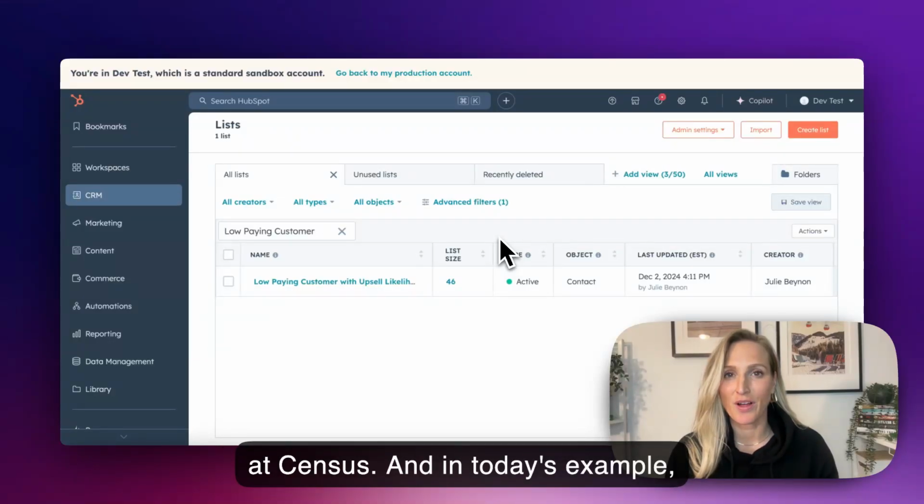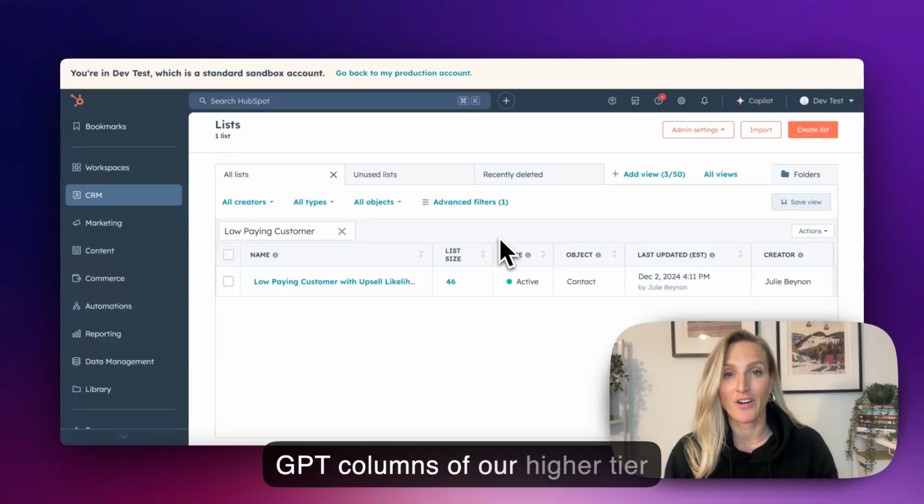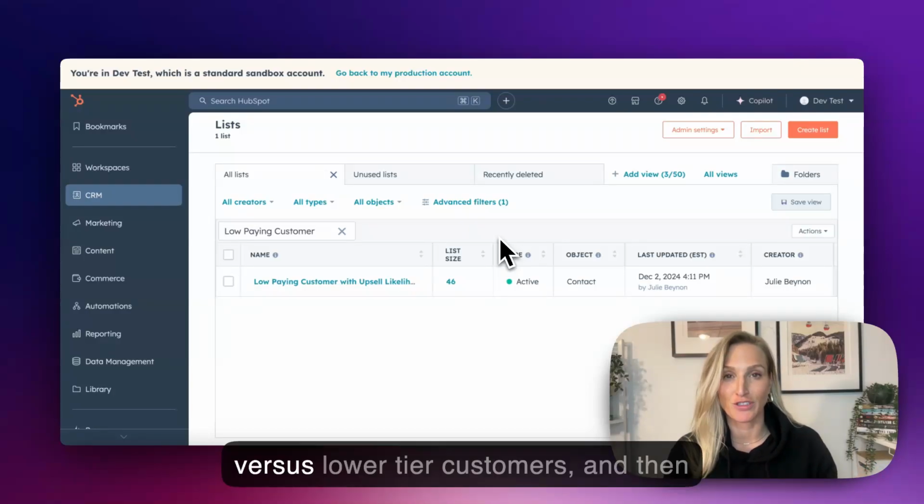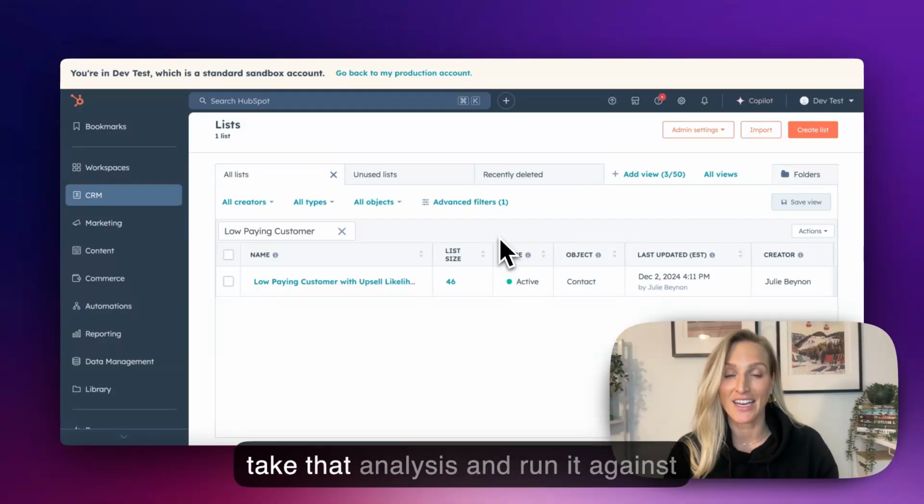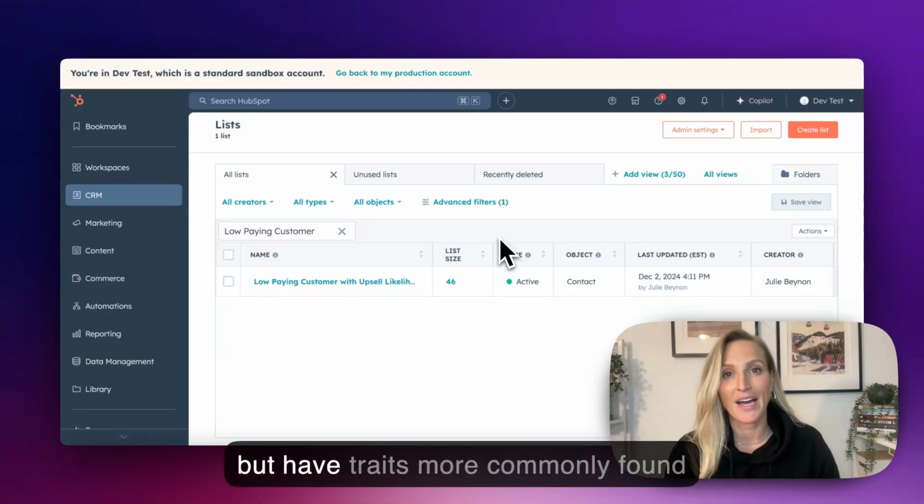In today's example, I'm going to walk through how we built an upsell likelihood score based on the traits that we identified using GPT columns of our higher tier customers. So essentially, run an analysis: what are the traits more likely seen in higher tier customers versus lower tier customers? And then take that analysis and run it against our entire customer database and find customers that are in the lower tier